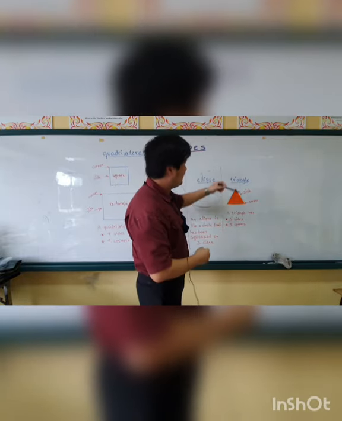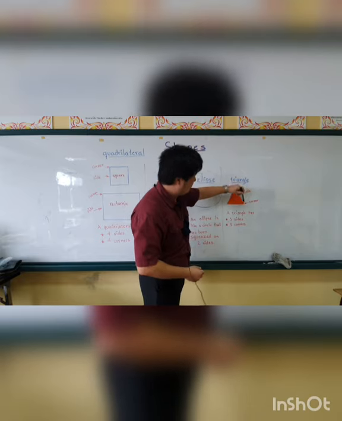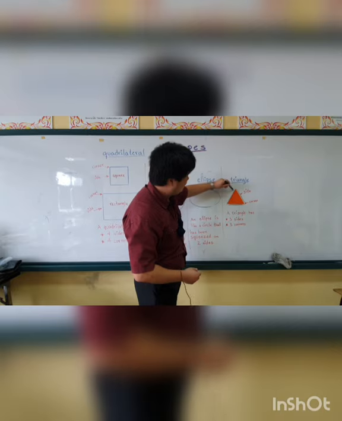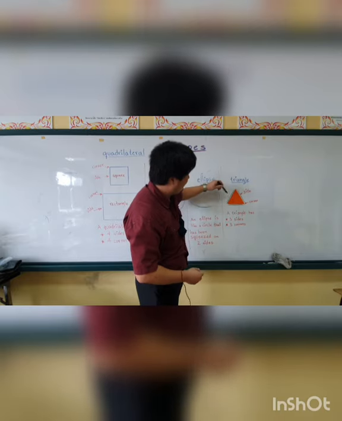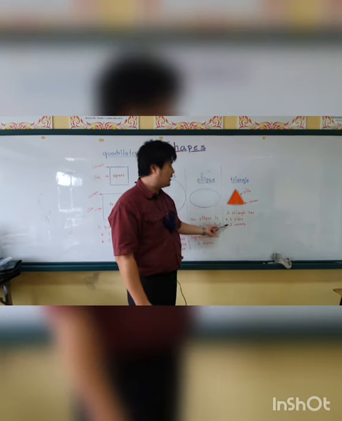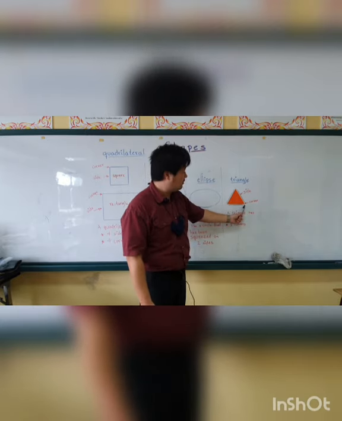So it has three sides. This is one side, this is two sides, and this is the last side, three sides. So 1, 2, 3 sides, and then it has three corners, and you can see, this is a corner,